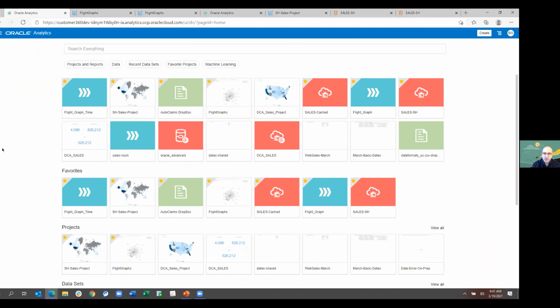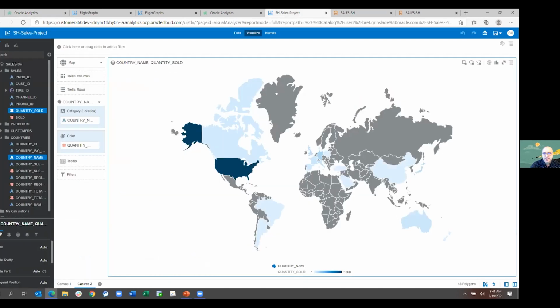So the first thing I want to show you is some of the things we're doing in multi-table data sets. So if you've used DV before, you'll know that data sets generally are created one at a time. So let me show you what a project might look like. I just have a project here. It looks like a pretty normal DV project, but you'll notice on the side here that now I have folders, and this is not coming from a subject area. This is actually coming from a data set. So there are different elements that I can connect together.